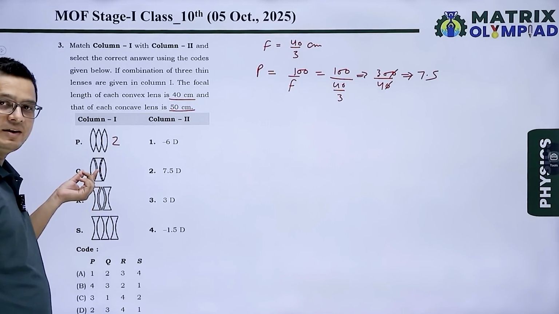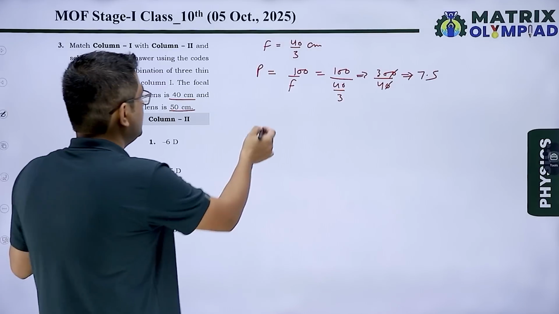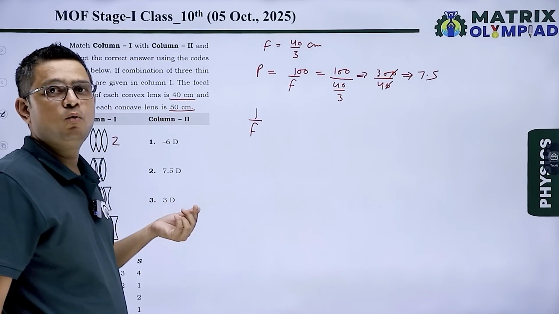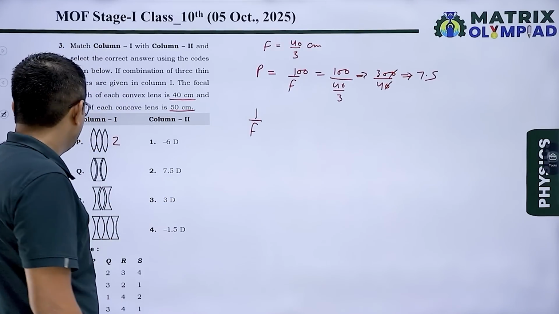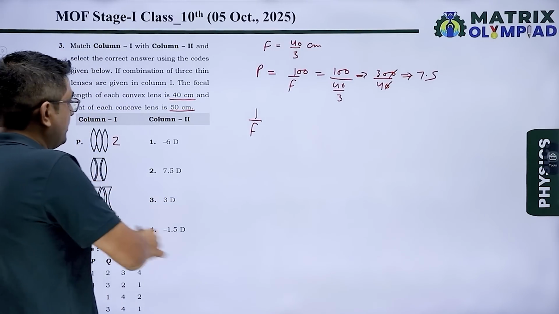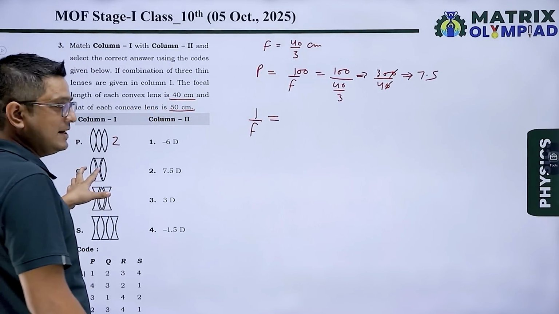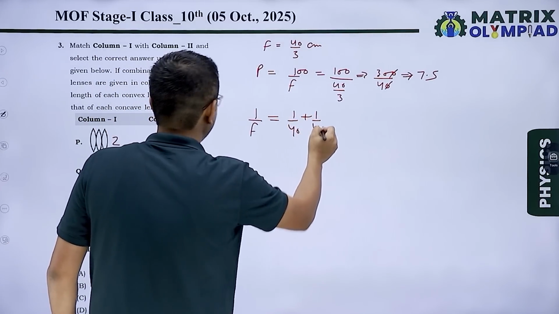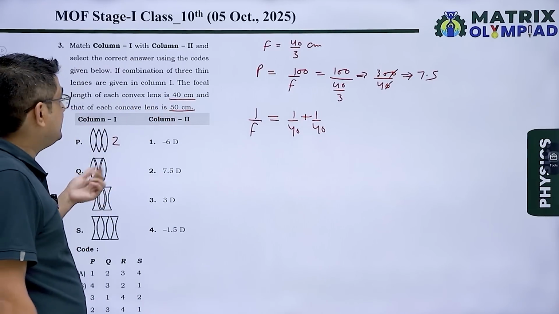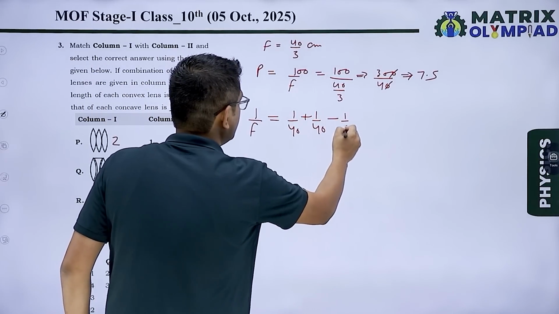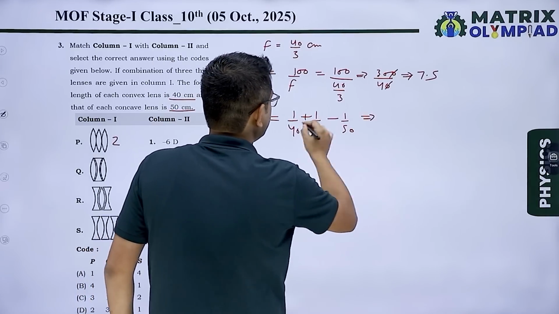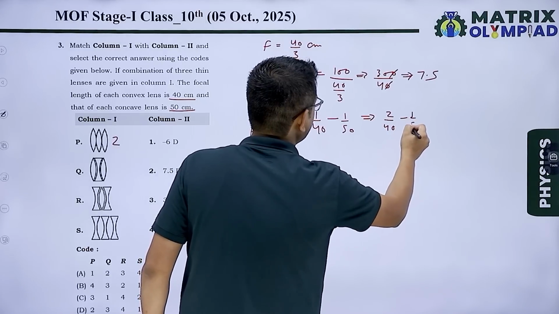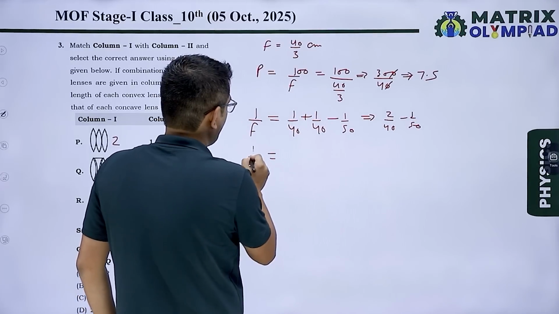Here there are two convex lens and one is concave. So for this, let us calculate the equivalent focal length by the formula 1 by F equal to 1 upon F1 plus 1 upon F2 and so on. Okay. So 1 upon F is equals to, for these two convex lens, I can write 1 upon 40 plus 1 upon 40. The focal length of concave lens is negative, and that is 50, minus 1 upon 50. Okay. On solving this, it becomes 2 upon 40 minus 1 upon 50,